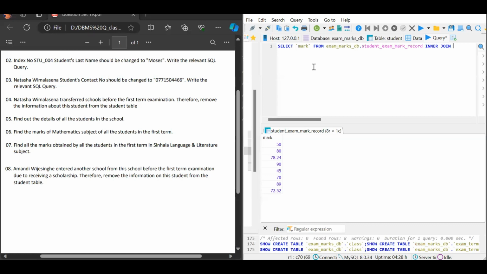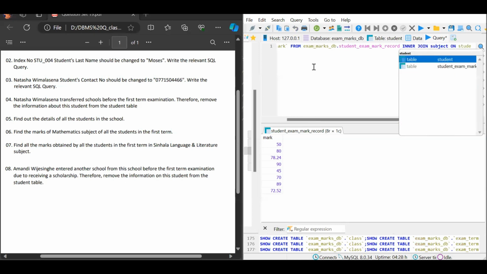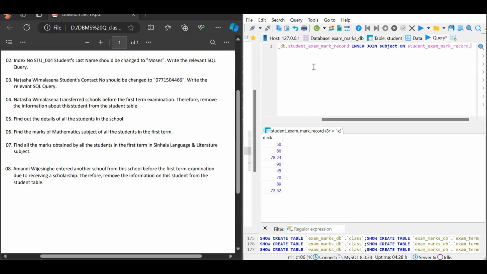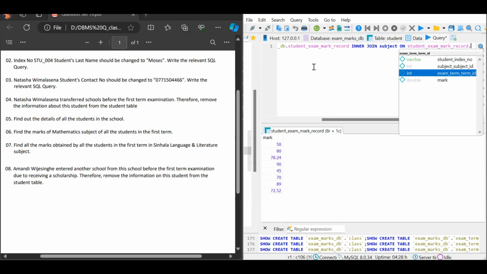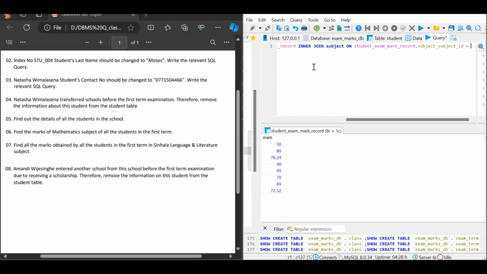Let's first join the subject table. We can use the on keyword here, and then student exam mark record table dot subject id equals